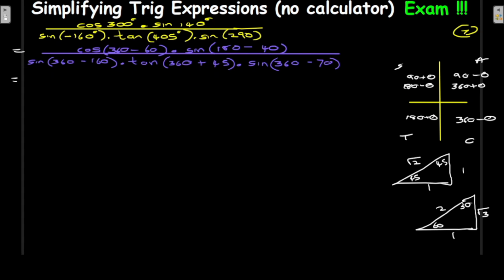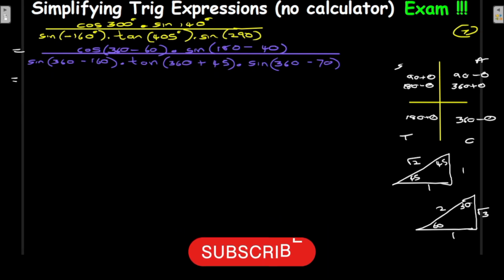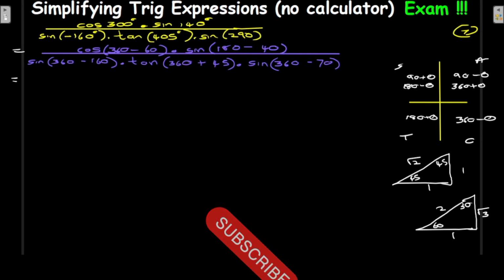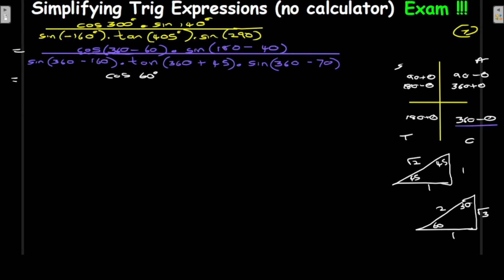Okay, so moving on, we need to use the reduction formulas now. We use the CAST diagram to understand that. So we're just going to have cos of 360 minus 60. We need to find out which quadrant that is. You realize that it is in the fourth quadrant, and in that quadrant cos is positive, boys and girls. So it's just going to be cos 60, and we have to multiply that with the